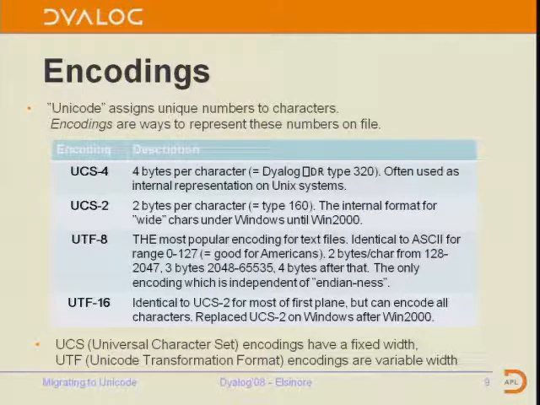So actually there are 2 reasons why UTF-8 is used. We're probably going more into encodings now than we should. We should perhaps return to it later, but there are 2 reasons. One is it's identical to ASCII for the first few characters. The other is that it's the only encoding which is independent of whether it was written by a big endian or a little endian computer. Because it's a byte at a time, it doesn't depend on the endianness. Whereas all of the others will have the bytes in a different order on an Intel computer than on a...